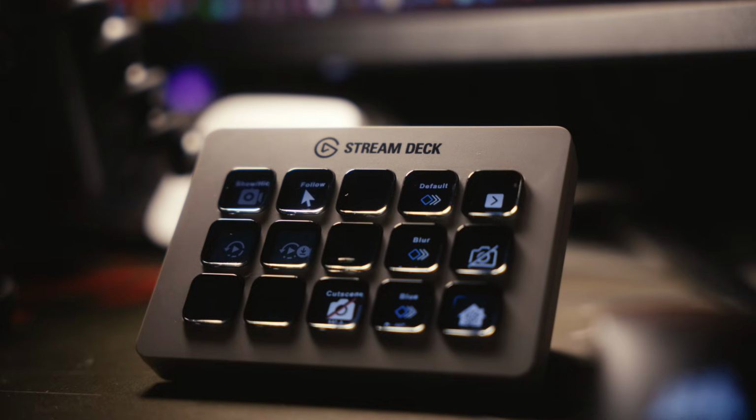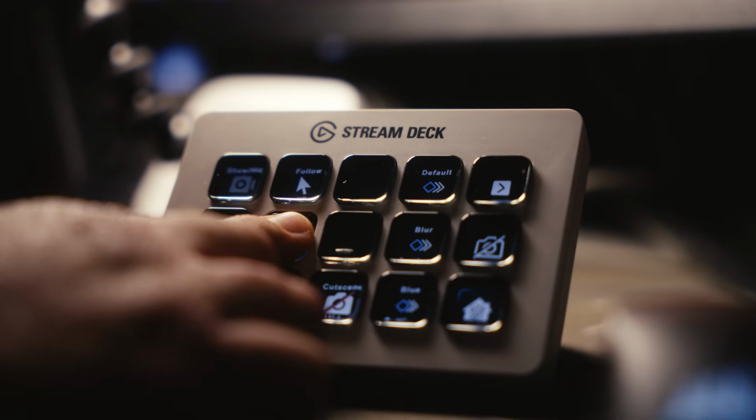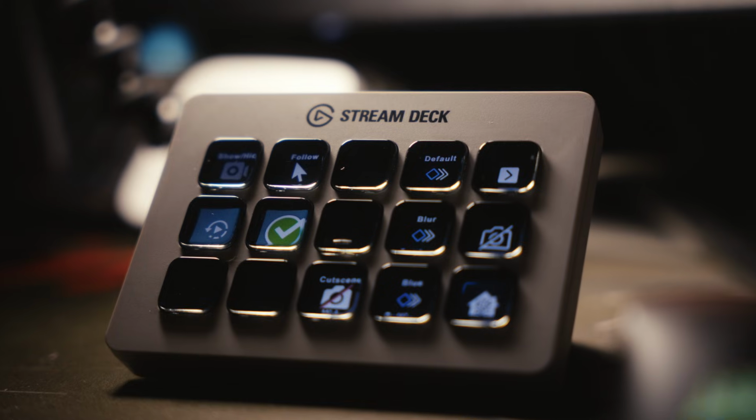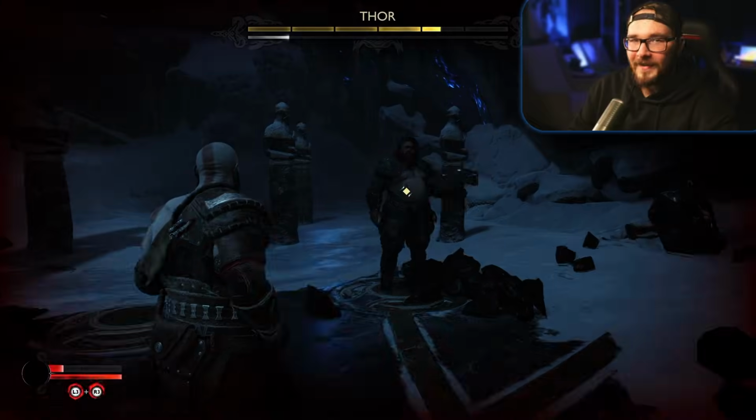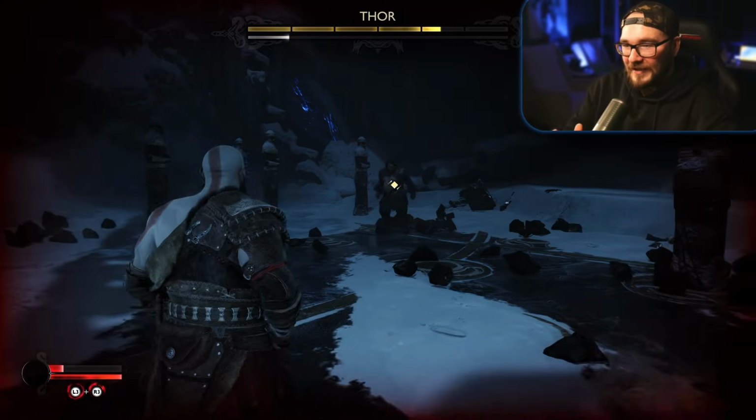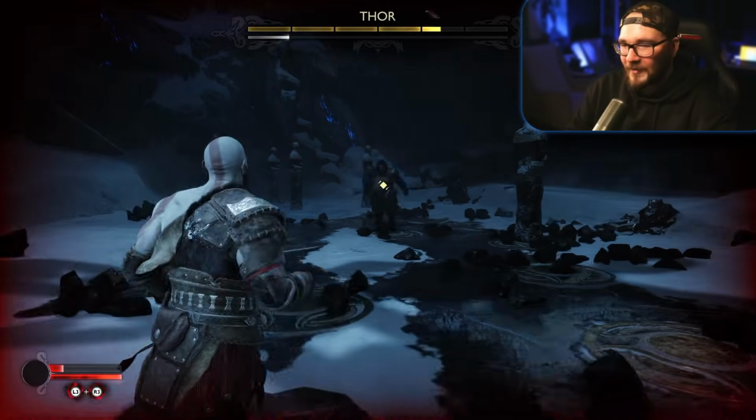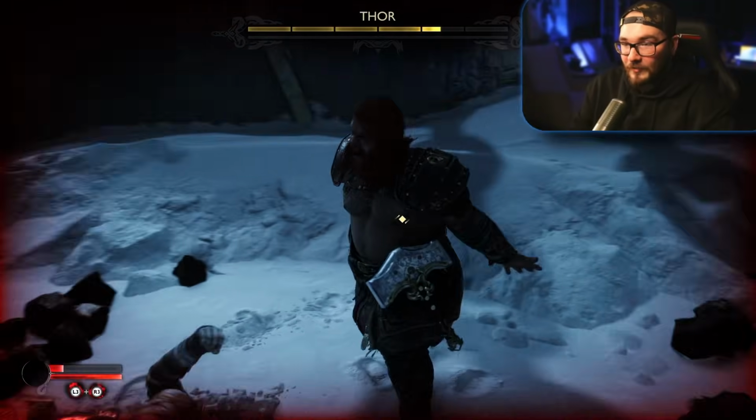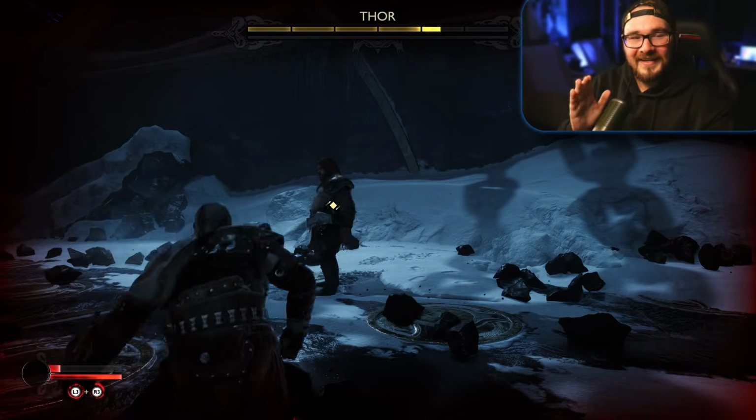I built a script that you can call using Stream Deck that automatically organizes all of those replay buffer clips and recordings for you. This does get a tiny bit techie, but I promise you're still going to be able to do it. Let me show you how it works. Okay, so we're currently playing God of War, and Kratos is going up against Thor, one of the coolest fights in game. Oh, Jesus. We need to capture a clip of this.